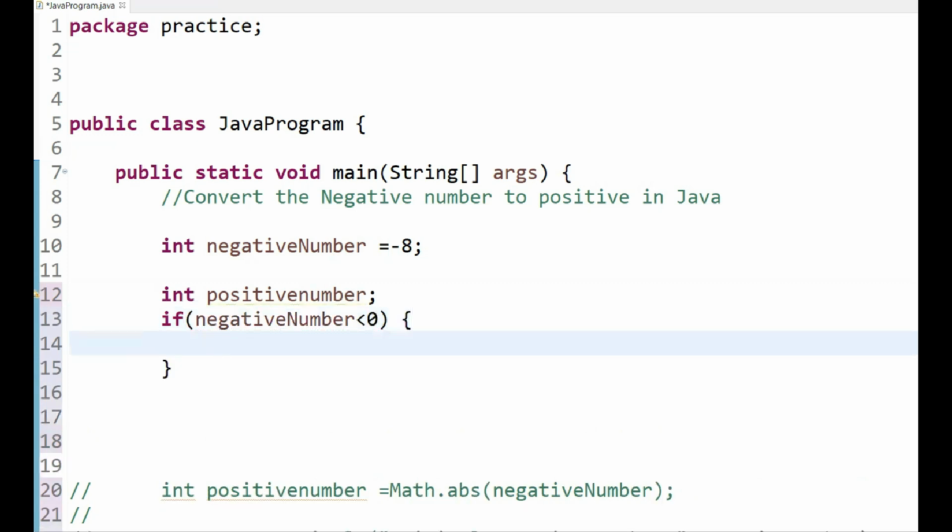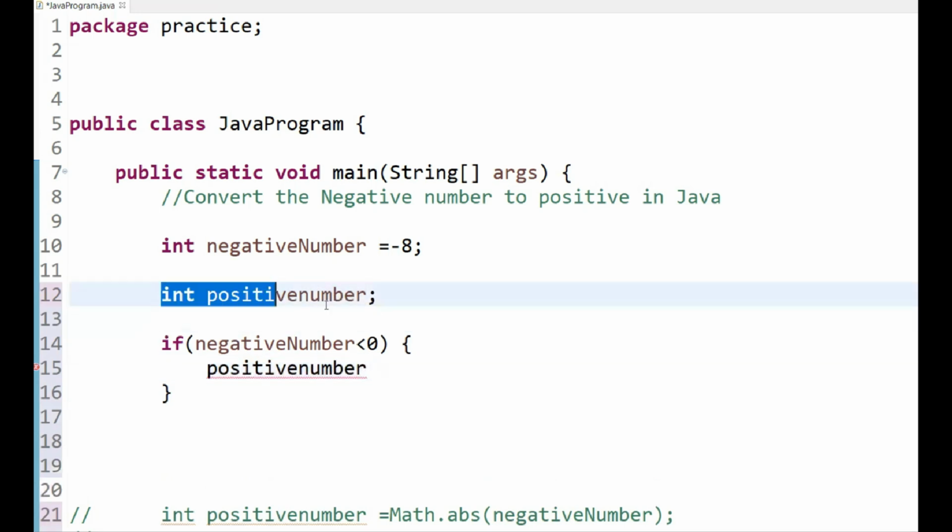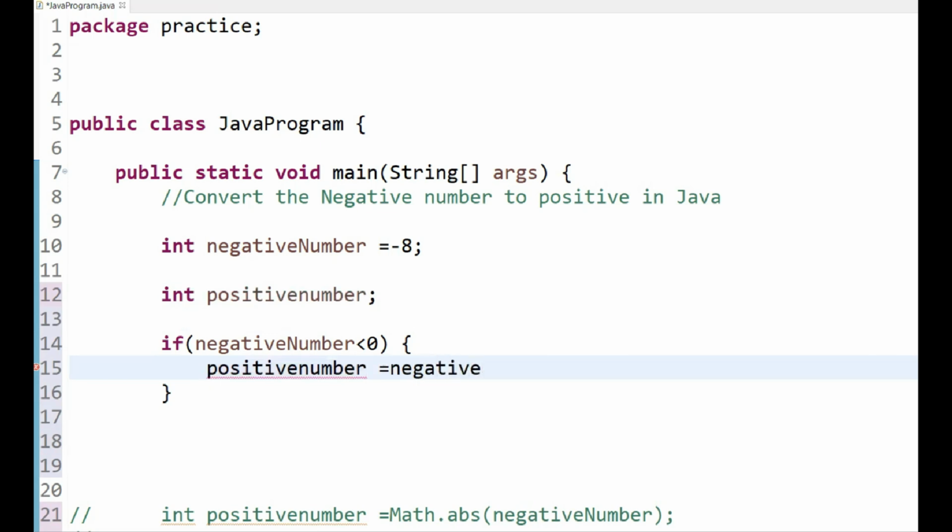So if the condition is true, I just want the positive number, the variable we have already created over here. Now we are going to initialize the value. So positiveNumber equal to negativeNumber multiplied by minus 1, right? So that's what we have to do. Multiply by minus 1. Now we are getting a positive number. Right? Then we can print